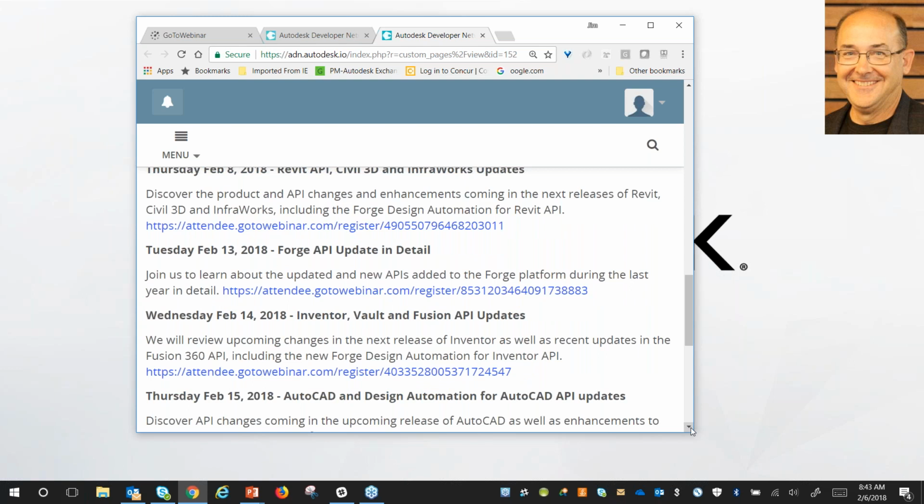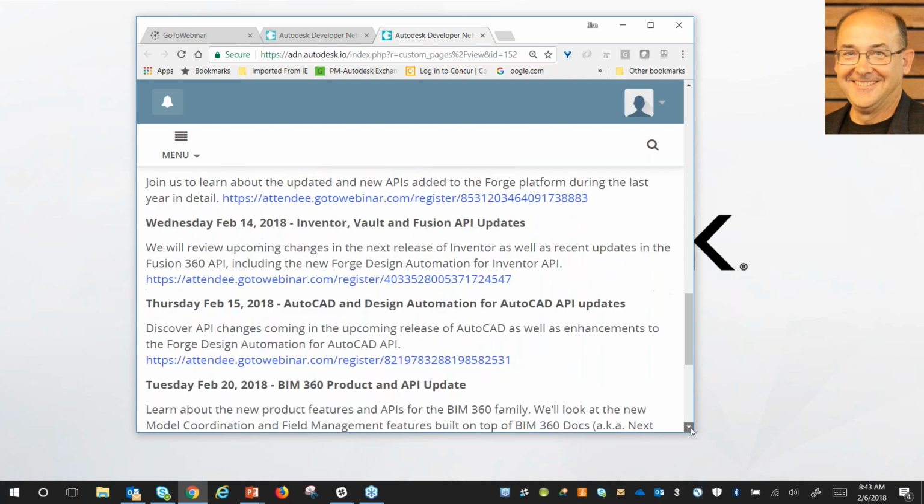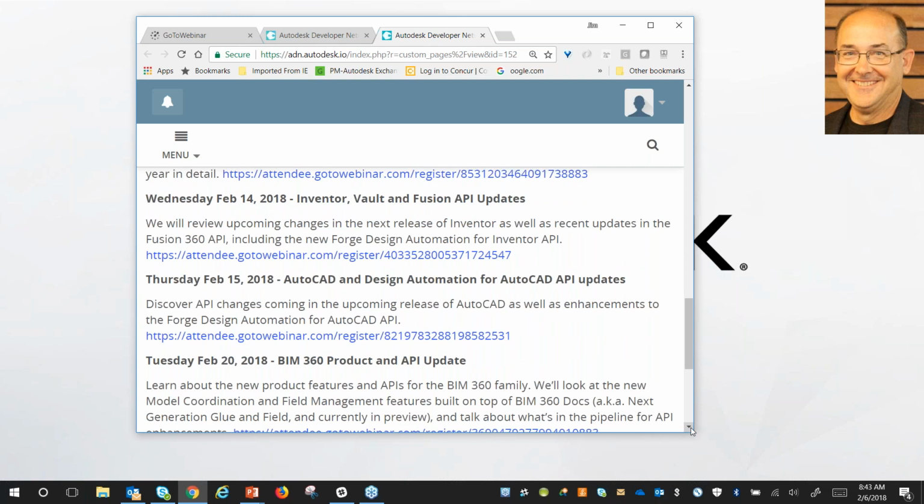And then Thursday, we have AutoCAD and design automation, and that isn't split because we basically went through the new product information in December in our usual Meet the Experts webinar. So the recording for that is already available up on the ADN extranet, and of course we have the AutoCAD preview guide for anyone involved in the beta. So that will be purely public information on the Thursday. And then the following week, with Tuesday specifically dedicated to BIM 360. And is that the last one then, Jim, or do we need to scroll down further? I think that's the last one.